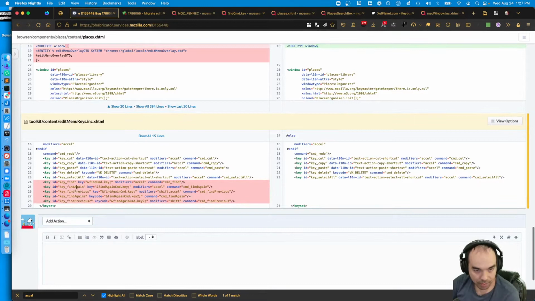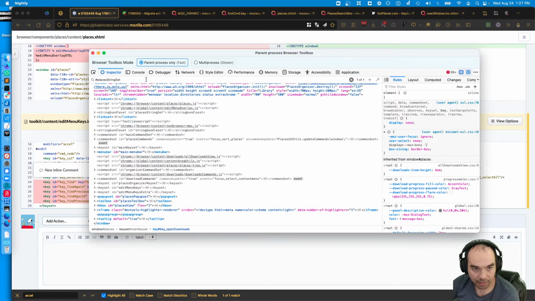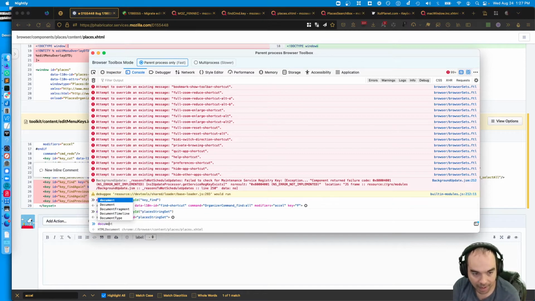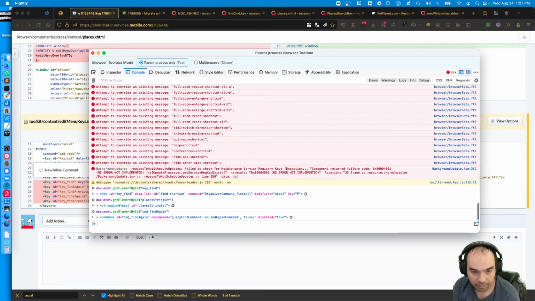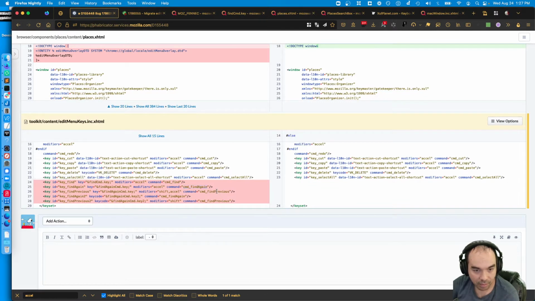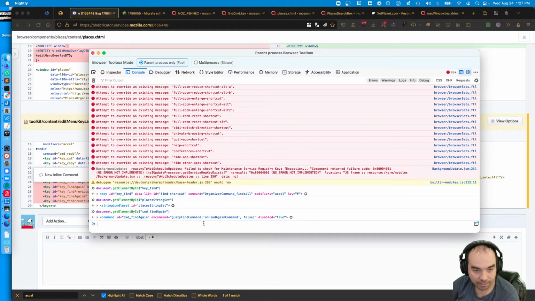What happens whenever you do find again inside of the places window? Does it have a command called find again? Yes, but it's disabled. And what about find previous?